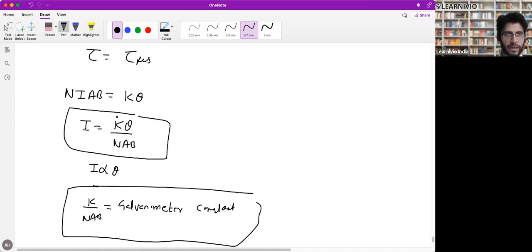Amalia, what is K here in this equation? Restoring torque per unit time. Restoring torque per unit twist, not time. Like if you rotate your spring by, let's say, 1 degree, then the restoring torque developed in the spring is K. This is also known as the torsional constant of the spring. Okay, Mariam?